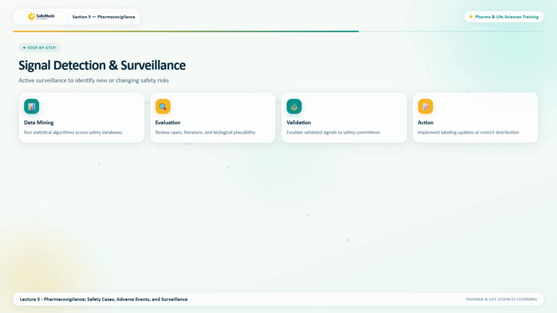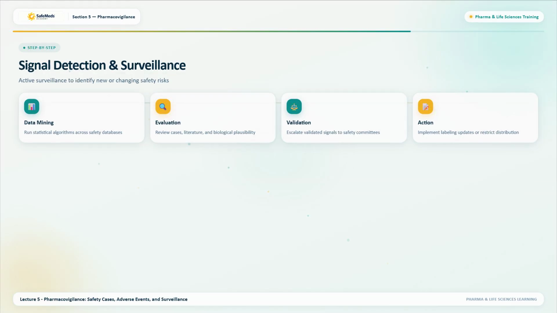Safety teams utilize statistical algorithms and quantitative data mining to detect safety signals, which are defined as emerging drug-event combinations that warrant further investigation. Data sources include spontaneous safety databases, clinical trial safety databases, epidemiological studies, and medical literature. Once a potential signal is identified, it undergoes signal evaluation, which includes reviewing individual cases, assessing biological plausibility, and evaluating confounding factors. Validated signals are escalated to safety governance committees and may result in protocol amendments, risk minimization activities, or